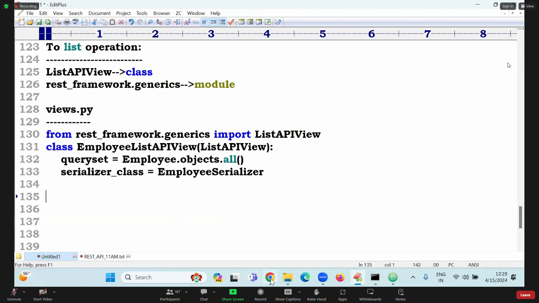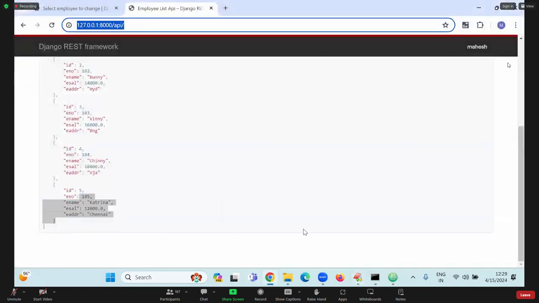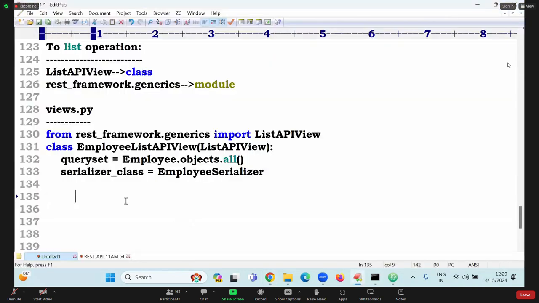Once implemented, this is your URL pattern. Then we are getting